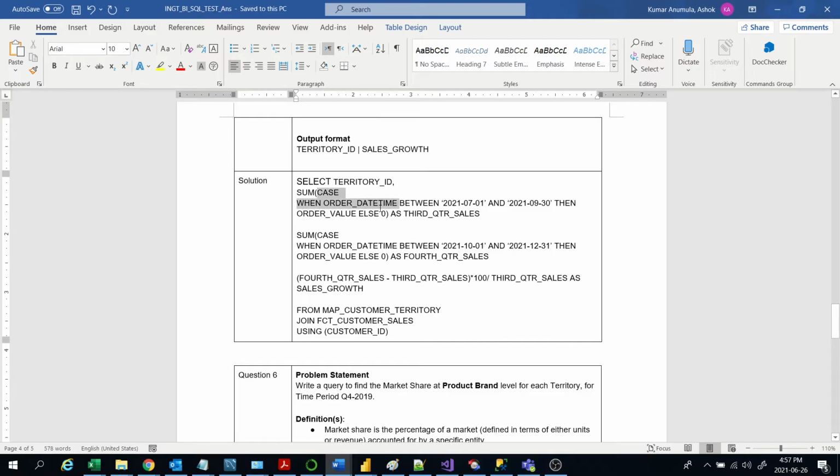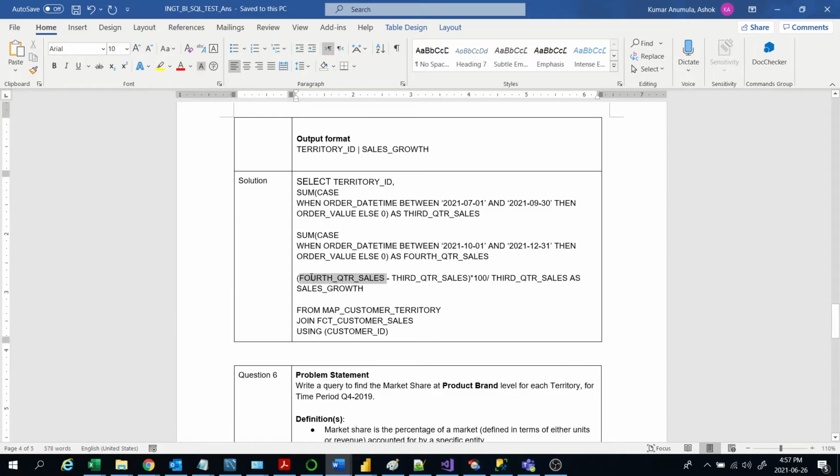So I am taking the case when in the brackets and I am summing those sales, and I am taking it as third quarter sales. Similarly for the fourth quarter also I am taking the dates from October to December, and then I am taking it as fourth quarter sales.